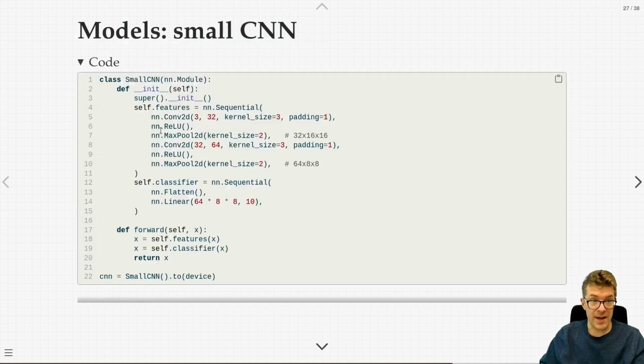Now we have our small CNN. So this is essentially the sequence that I kind of just showed a moment ago in text. It's a sequence, so this is a 2-dimensional convolution. It will have 3 channels. It'll take 32 by 32. We only have to mention 32 once here. Its kernel size will be 3. It's going to be square, so the height and width are both 3. Its padding is going to be 1, so we can move this kernel over the edge of the input image. So this convolution will produce another 32 by 32